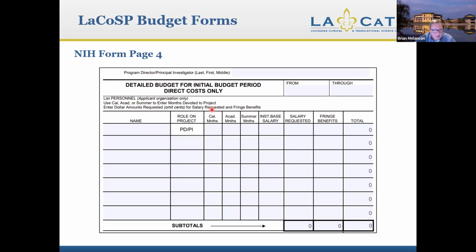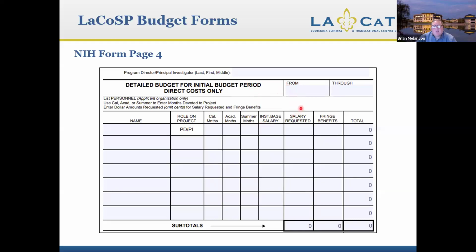So you would put here 12 calendar months, 12.0, and that is used here to calculate the salary requested, and that is based on the institutional base salary. So for easy math here, if somebody has $100,000 and you had 12 calendar months, you're requesting